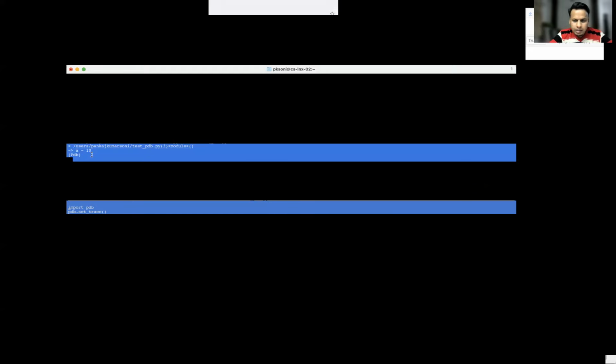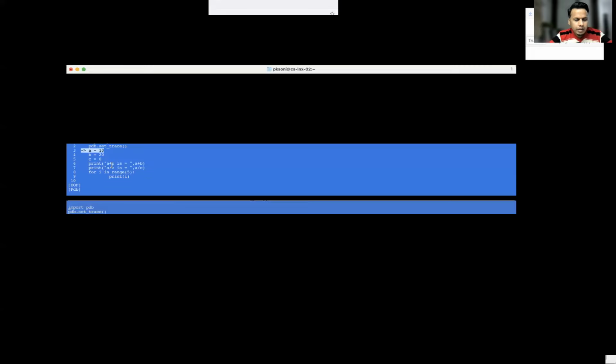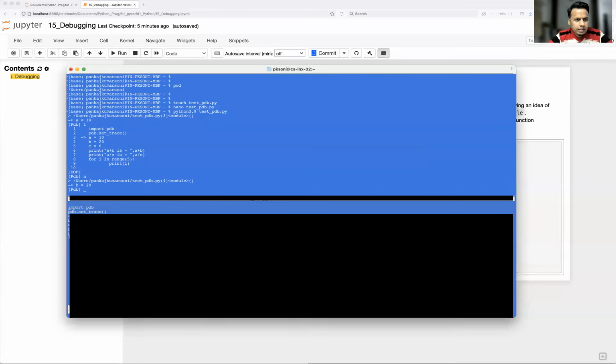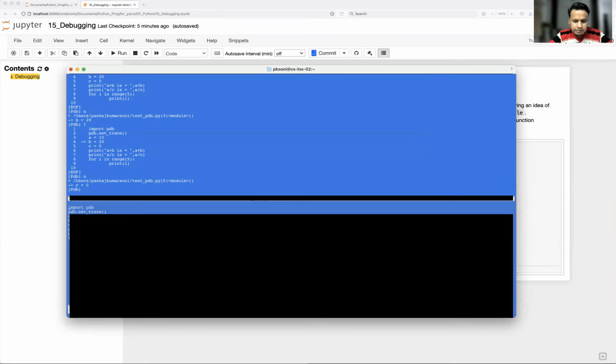How to check in detail? We have a command called L, that is listing. This will print the whole code, and it will show the arrow where exactly my pointer is right now, so we have the proper view. After that, if I press N, that is next, it goes to the next line to debug. If you use L once again, see what is happening. Earlier it was at a, now I have used N, the next line, so it jumps to the next frame. Like that, if I keep pressing N, it will keep jumping to the next line.